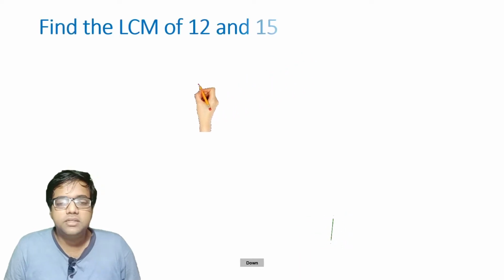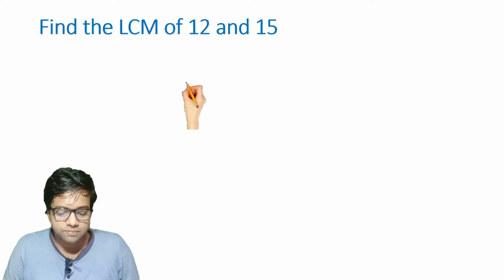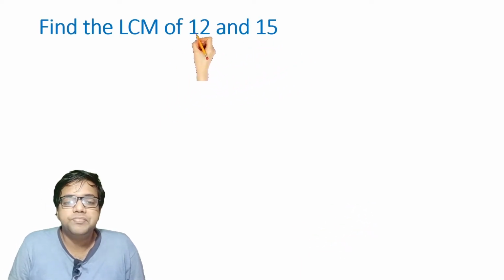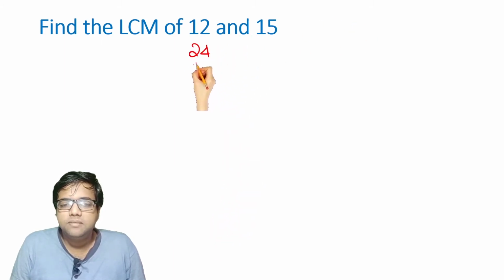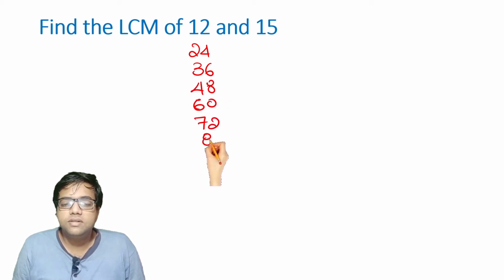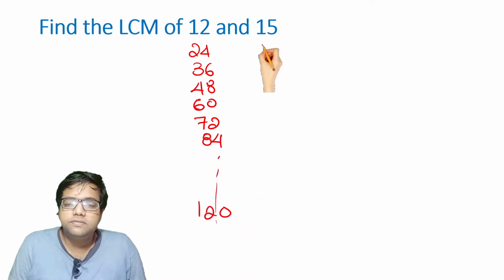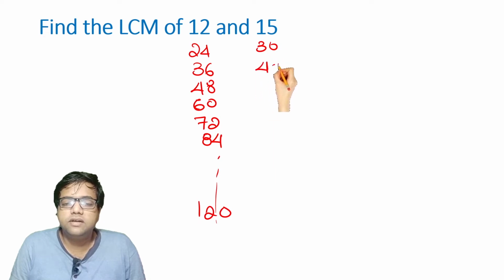So the shortcut method can also be done this way. You know the tables of 12 and 15. 12 2s are 24, 12 3s are 36, 12 4s are 48, 12 5s are 60, 12 6s are 72, 12 7s are 84, and so on. This will go up to 120, right? So 15 2s are 30, 15 3s are 45, 15 4s are 60, 15 5s are 75, 15 6s are